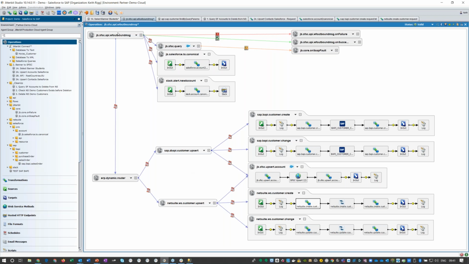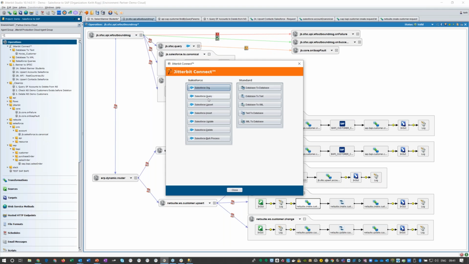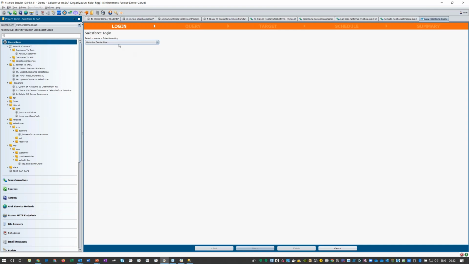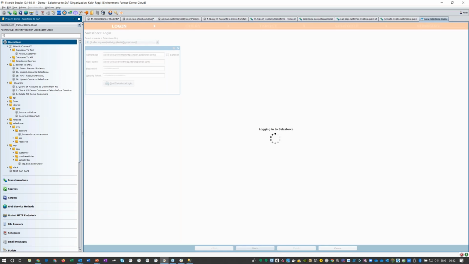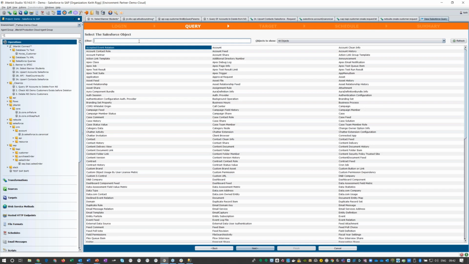And if we're okay for time, I'll just show you one last thing, which is how easy it is to create a Salesforce query. So this is a live build, something you should never do in a demonstration, but here we go. So testing the Salesforce connection there to my developer org. It's reading out the objects in my org.